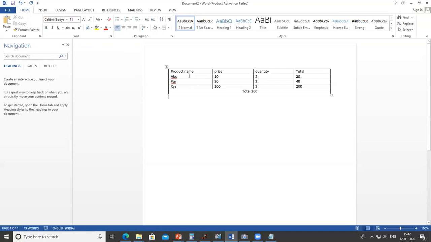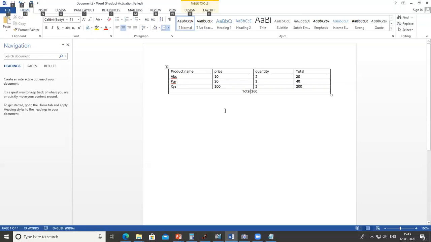So it will come like this. So this is nothing but the col span. It uses the space of 1, 2, 3, 4 columns. So here we use the col span property to draw a table like this.